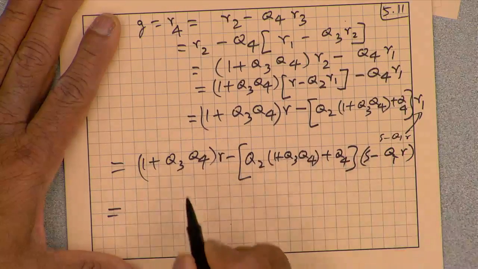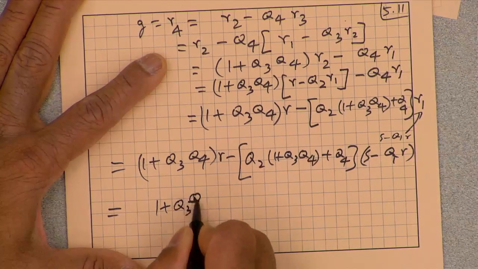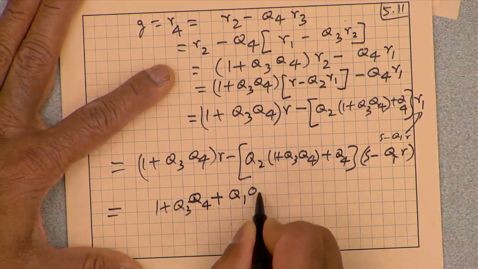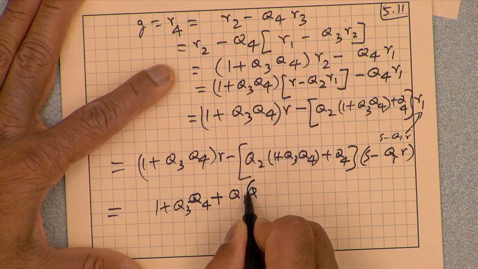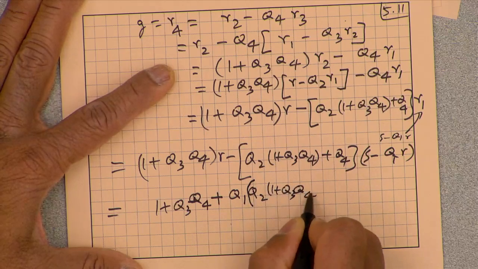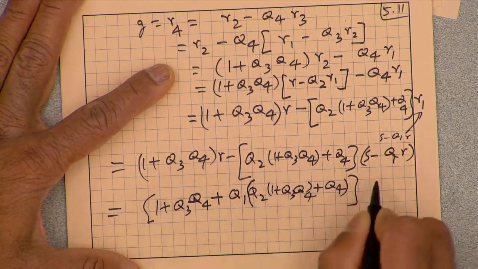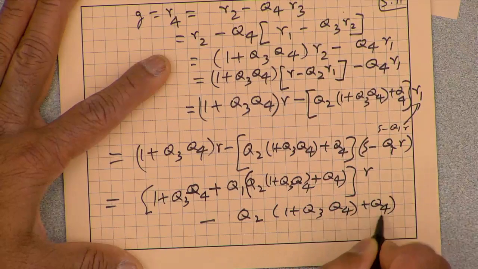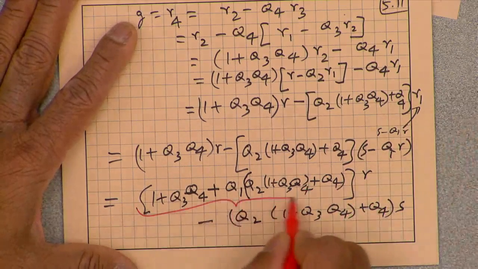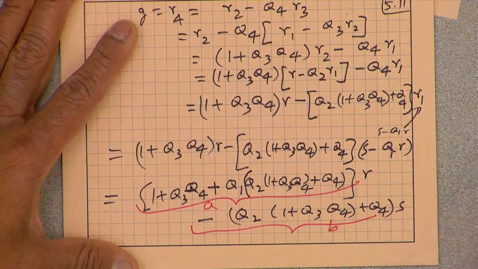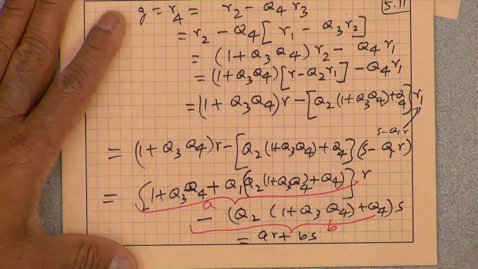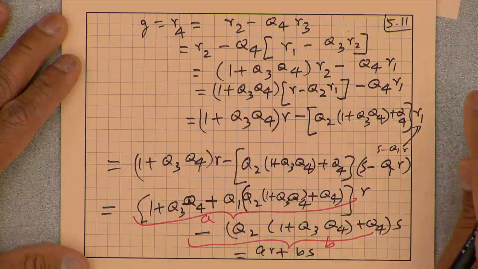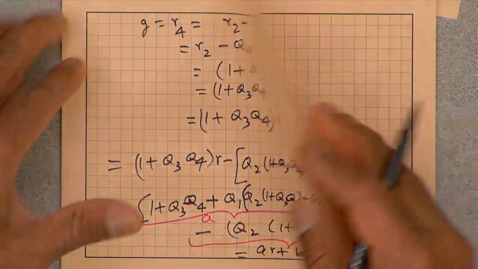if you group these terms together for R, that's going to be (1 plus Q3 Q4 plus Q1 times (Q2 times (1 plus Q3 Q4) plus Q4)) times R minus (Q2 times (1 plus Q3 Q4) plus Q4) times S. Okay, so that whole thing is going to be A, and this minus whole thing is going to be B, and that's how we can write that as A R plus B S. So this is a brief introduction to Euclid's algorithm to find the greatest common divisor, and how that helps us in terms of